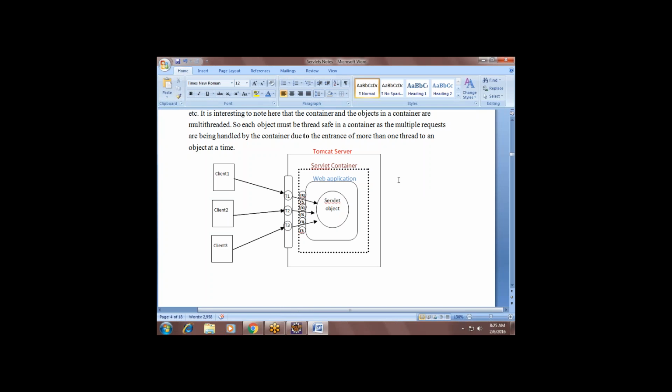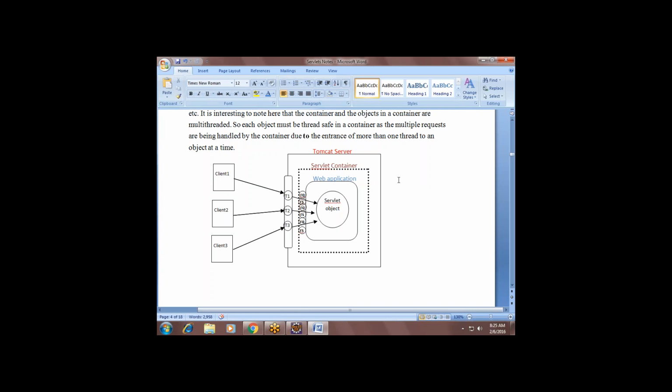Why is the servlet preparing a response object again? Because the servlet has to give the response output back. How will it give it? In the form of an object only.